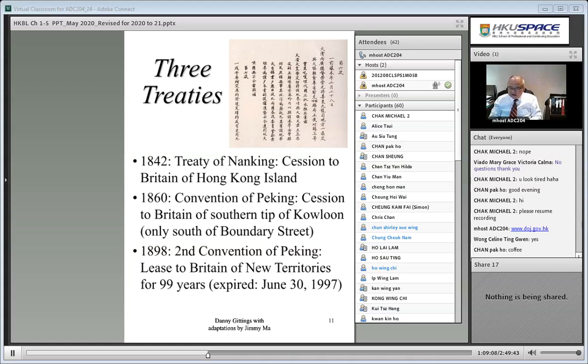And then came the year 1860, with the Convention of Peking, when further north of the island, the tip of Kowloon, south of Boundary Street, also became part of the colony, ceded. And then 1898 was the year when the Second Convention of Peking was entered into, under which Britain